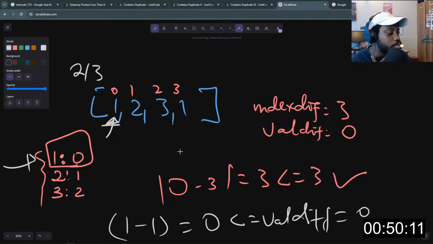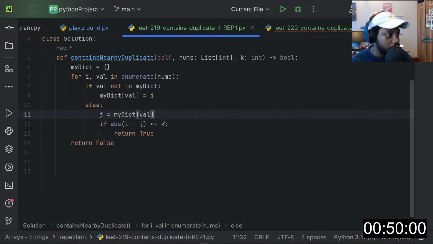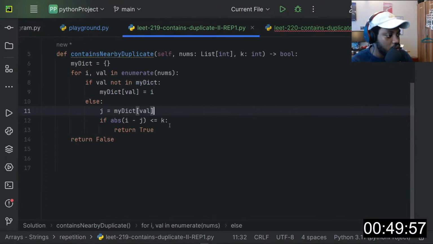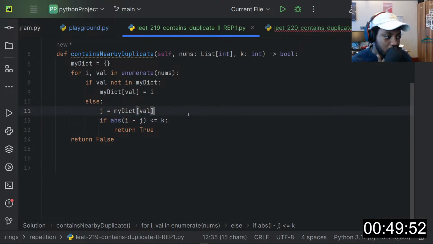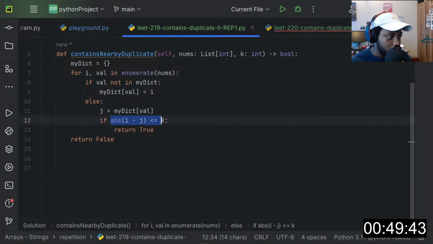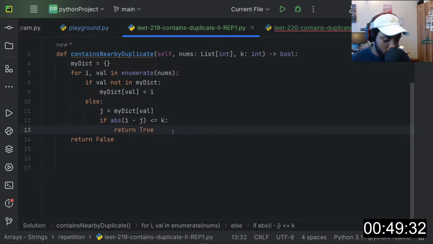But this part here, in the previous question I solved, instead of doing it this way, okay, you know what? If the absolute difference between these two is less than or equal to k, then we return true, else, I forgot to put this.